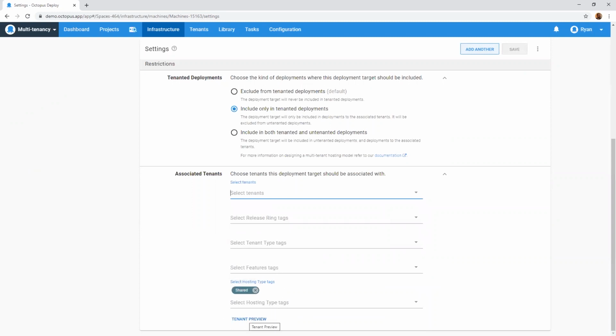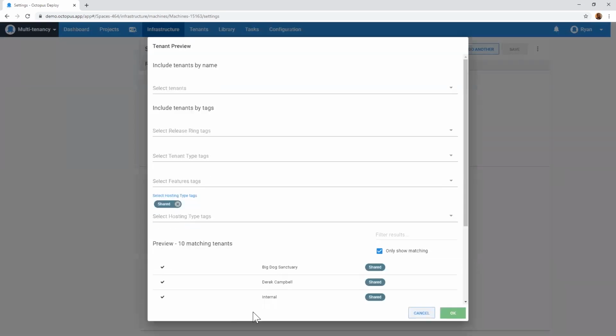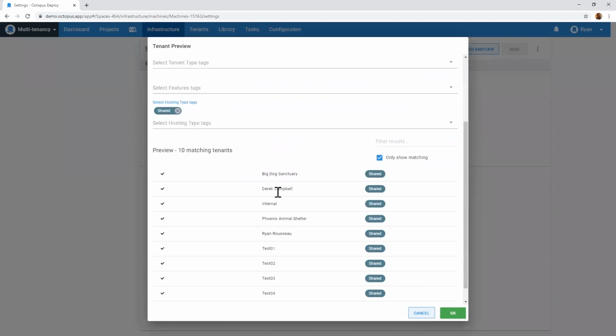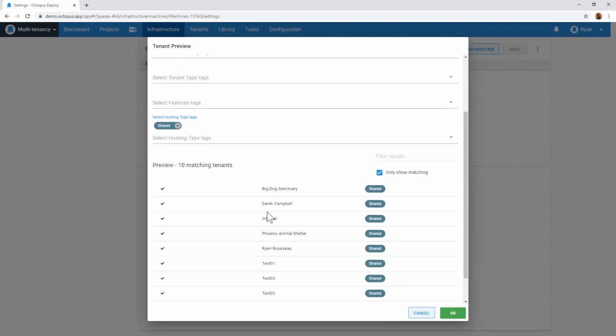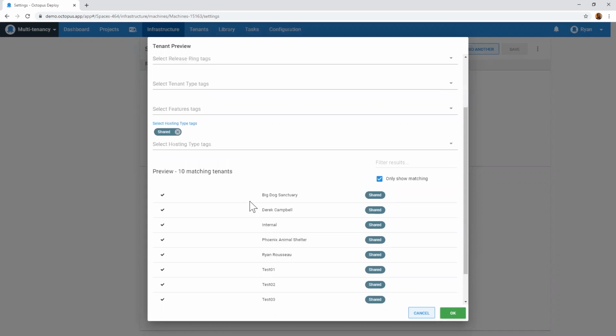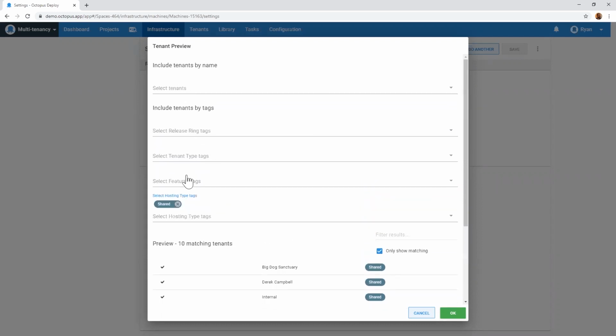One feature that I think is often overlooked, at least often overlooked by me, is the tenant preview. If you open this, you get the same selection screen, but it'll actually show you which tenants will apply to that. So you can see it's not only my customers, but it's also my test environments and team members. If I wanted to say, no, I really only want this to apply to customers, I could use that